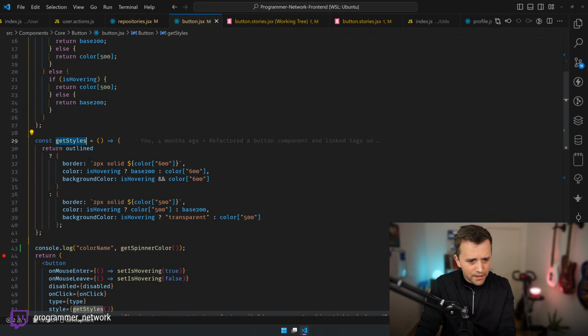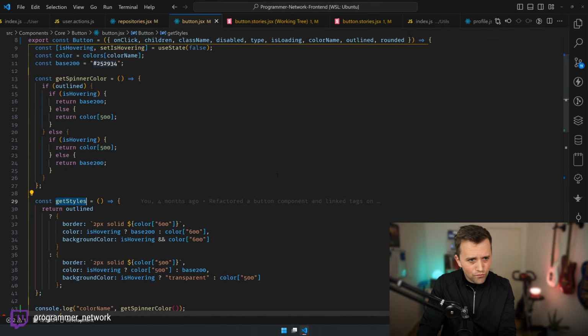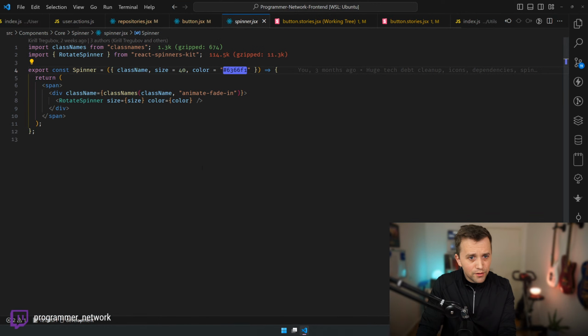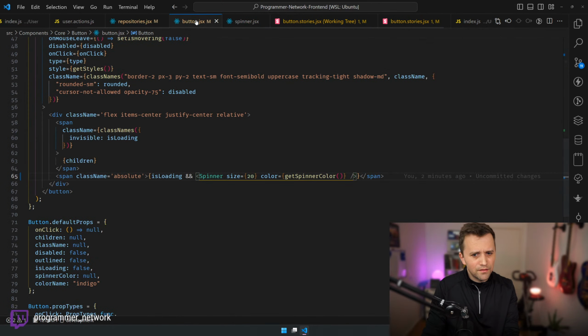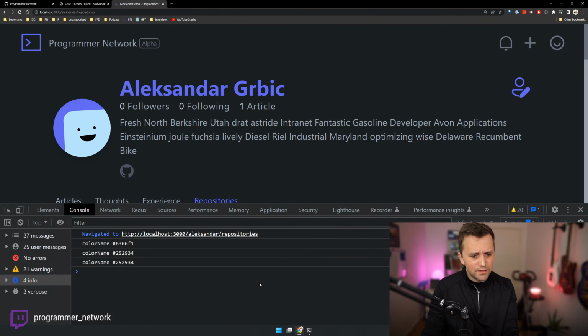Let's see, and then we have getStyles. Let's see, color. Let me go to the spinner. Ah, okay, so it's this thing that's messing it up. So it gets the default value from here. And then, wait a minute, where is it? Spinner. So is that the color?